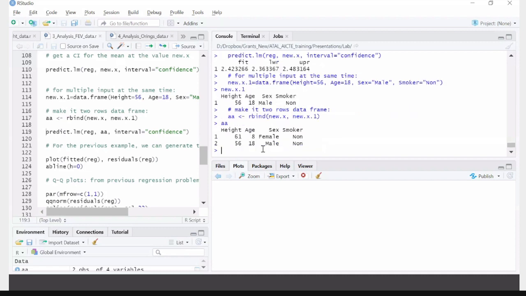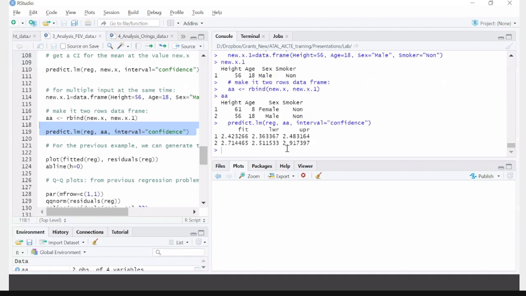Now print AA, if you write here, so you have now two data sets. If you do it for each, you can put as many new data as you want. And now do the same thing as you've done earlier. So here, just run that one. It will give you the prediction for the first one. We have already seen this one earlier, and this is for the second, that is 56, 18, male non-smoker. And definitely you can see that because the age is higher, your prediction of this FEV is 2.71,